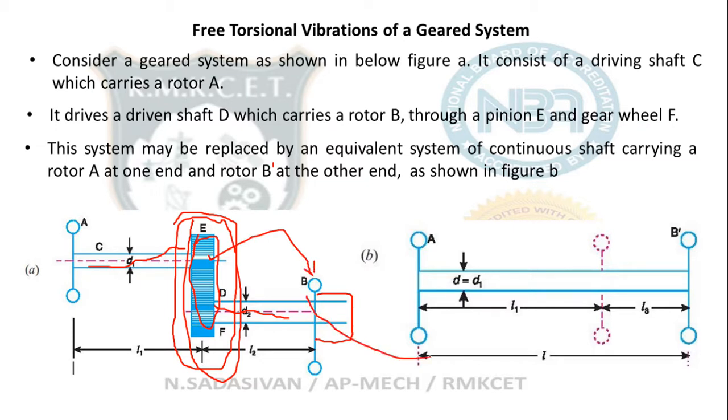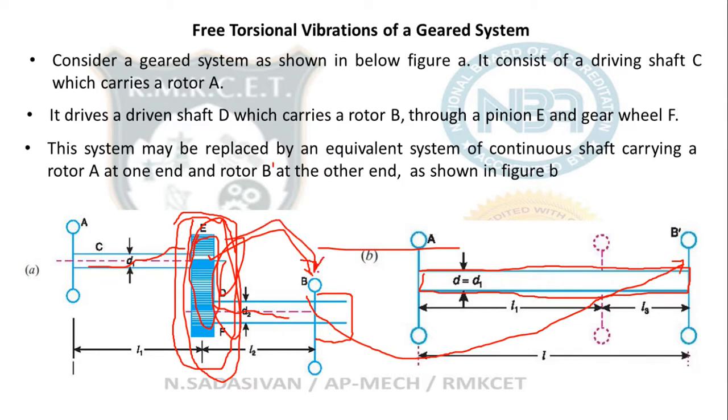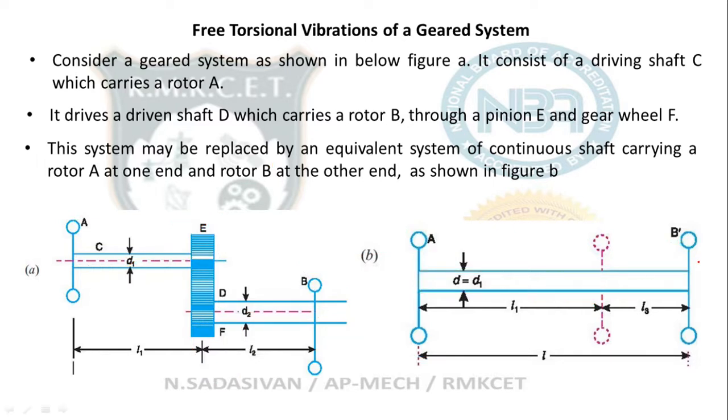made into a different rotor B dash, so that when you eliminate the gears and make this entire thing into a mathematically equivalent single shaft for your calculation, they are equal. Whatever is lost by eliminating the gears is gained by adding that amount of resistance or inertia to this rotor B and made it into B dash. How we are going to do that, I will tell you.